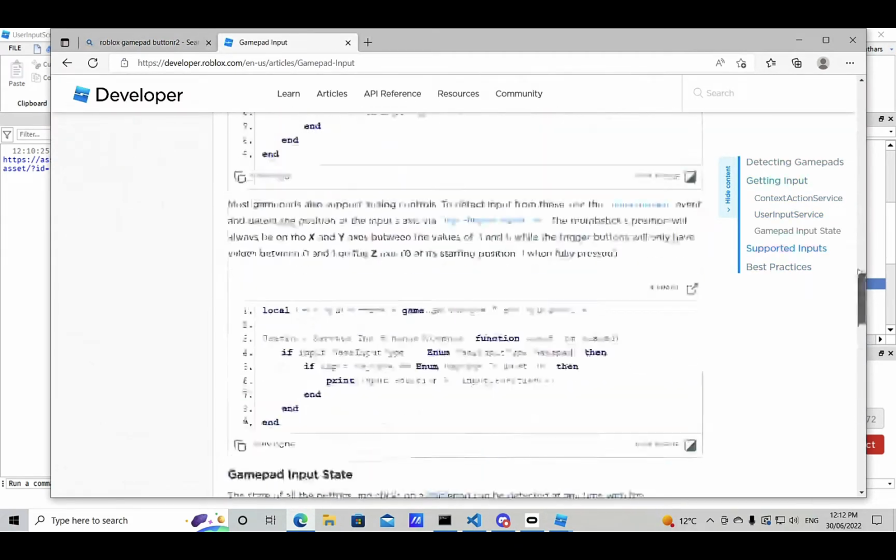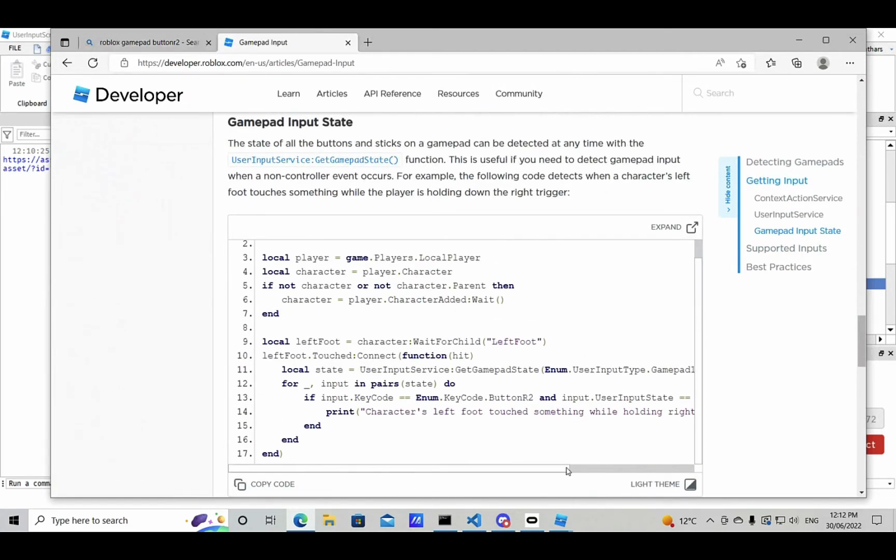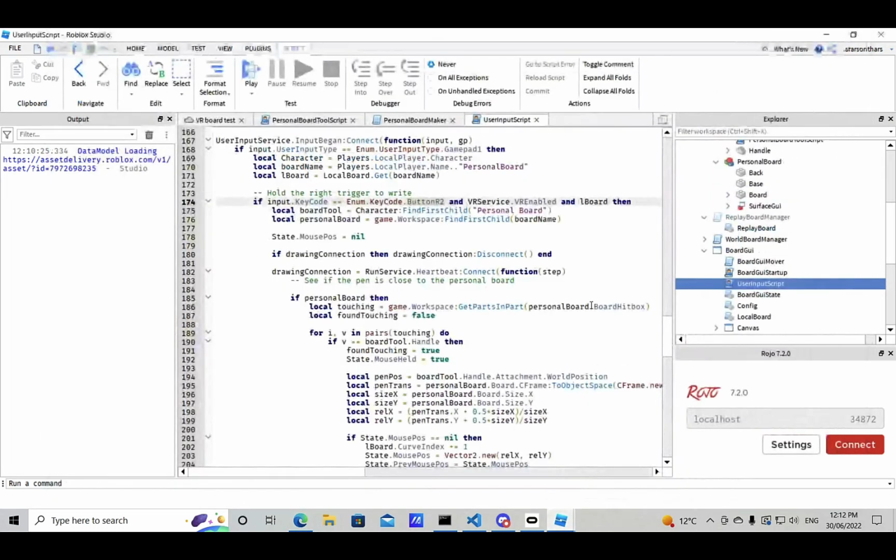I'm going to give you the key codes here. Yeah, R1 is usually like a bumper, and then R2 is usually a trigger. Yeah, right, they trigger. Say right trigger. Okay. So it looks to see if that's down and VR is enabled, and if so, what it's going to